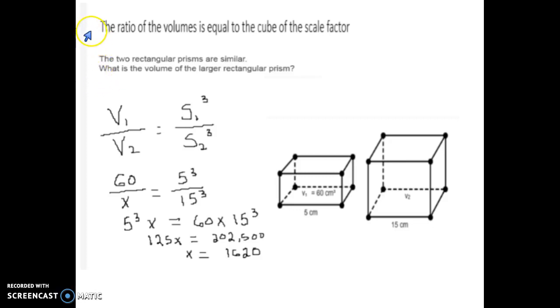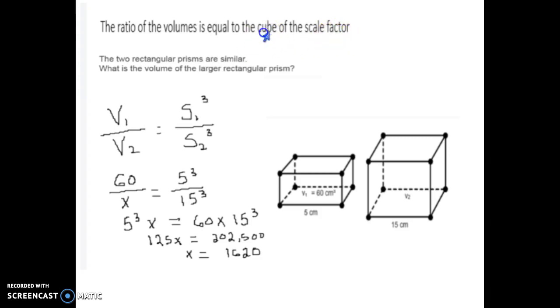All right, this is some help with 2.10. That was your constructed response. Remember, you do need to show your work for full credit. And so one thing to keep in mind, the ratio of the volumes is equal to the cube of the